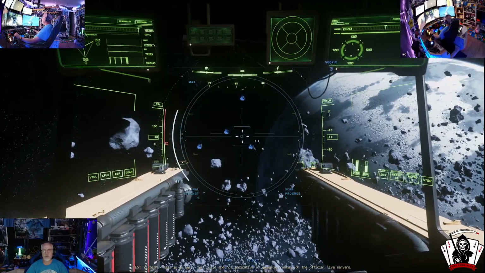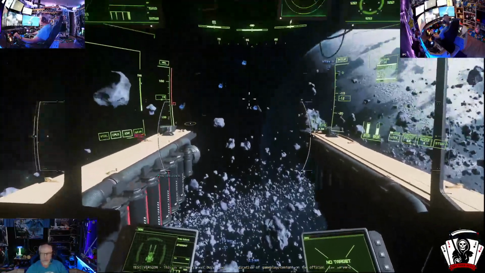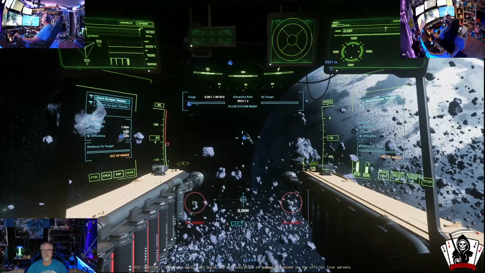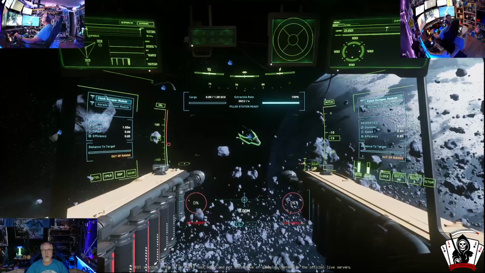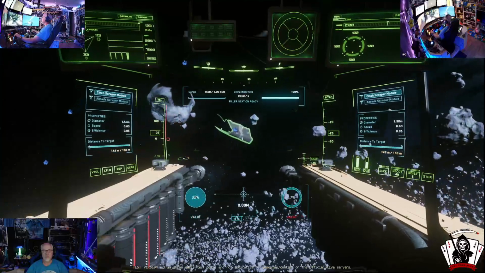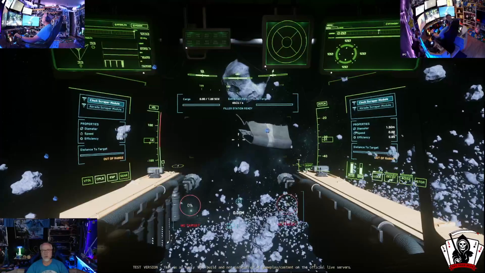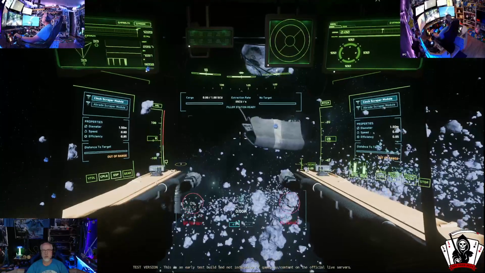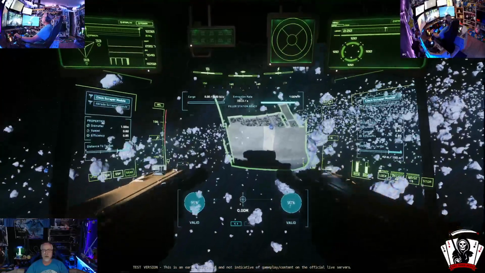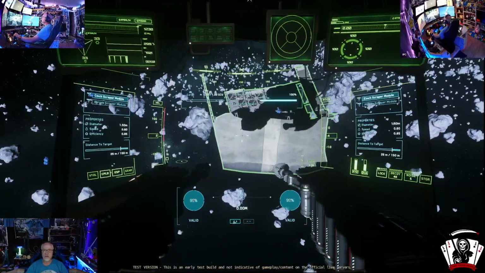Okay, so once we have our bear claws, we can put away our scanner. We can go ahead and bring out our scrapping modules, and we are going to move in on our first target. Let me slow my throttle down just a little bit more so I'm not jumping around all over the place when I move the controls. So, notice we have two valid targets. One is for each